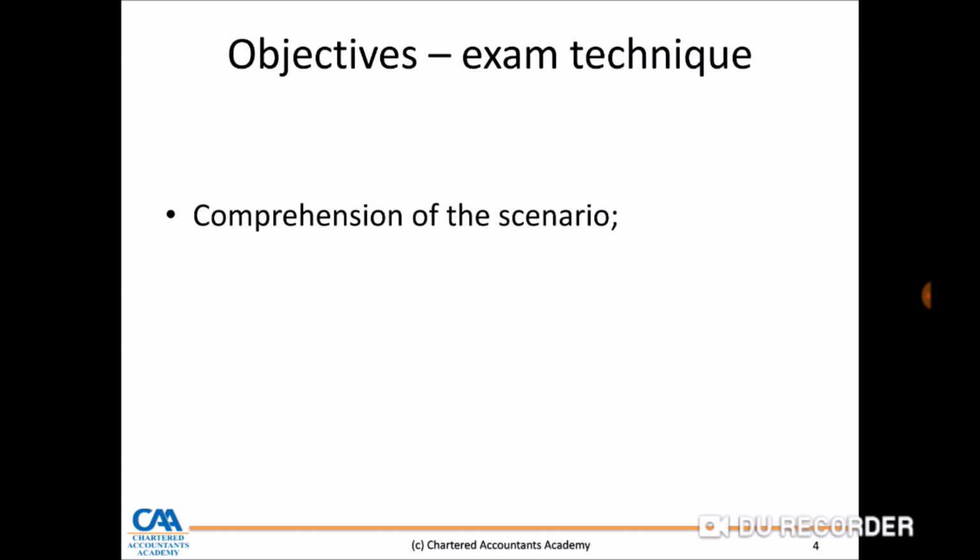your exam. Make sure you have a thorough understanding of the case study. As you read, try and identify triggers. Link them to your pool of information, to your pool of knowledge. Where could this be leading me given the information that has been given in the case study? So have a thorough comprehension of the scenario so that when you answer, you'll be able to answer the correct